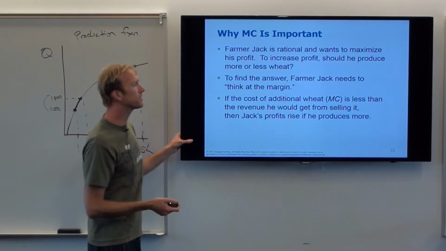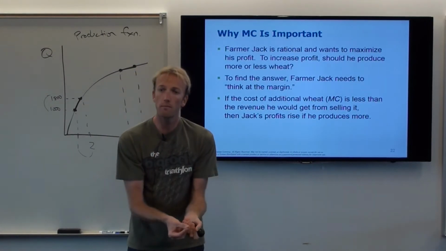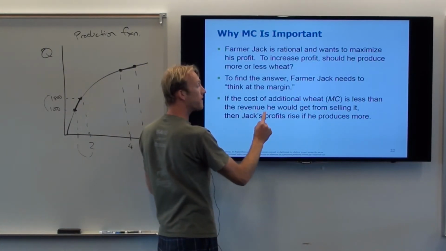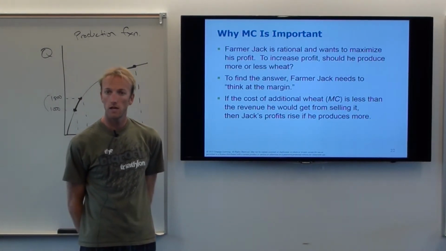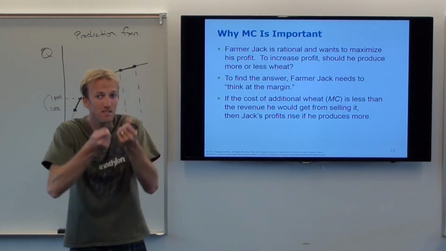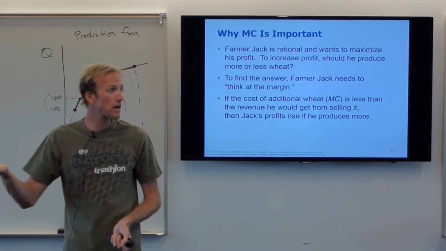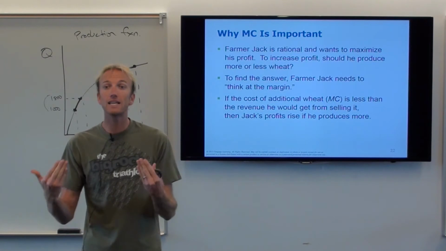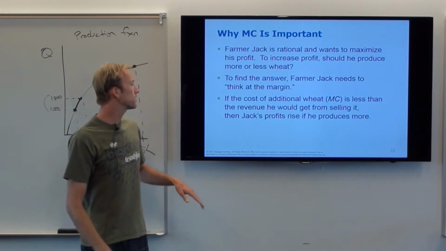Okay? So here's his decision. If his cost from selling one more bushel of wheat, that's his marginal cost, is less than how much revenue he would get from selling it, well, he should definitely sell that next bushel of wheat, right? If he can go out and sell the wheat for $10 on the marketplace, but it only cost him $6 to make that next wheat, well, he should absolutely make that wheat, right? And then he should not only make that wheat, but he should ask himself again, should I make even one more after that? And he should keep doing it until he doesn't make any more money. Does that make sense? Then his profit is maximized. Okay.